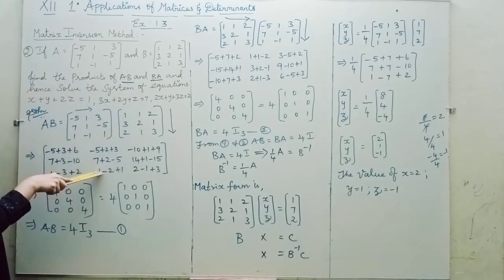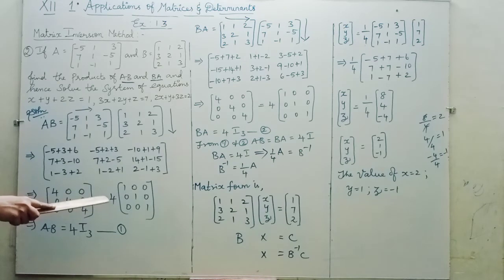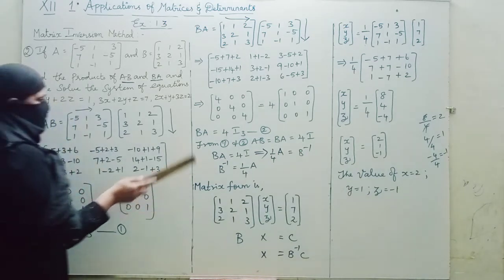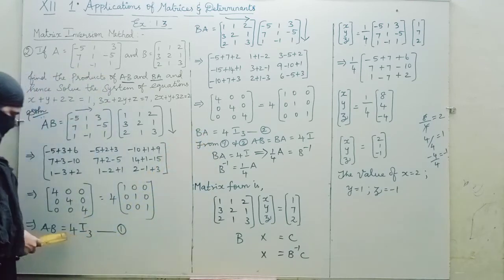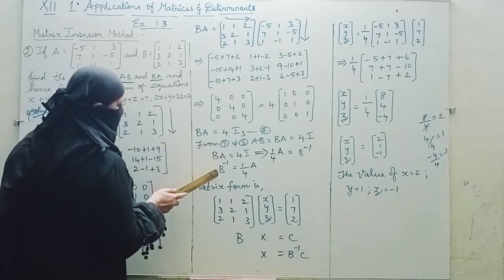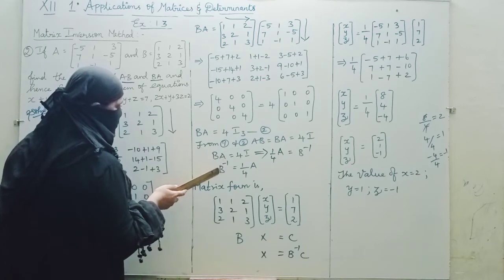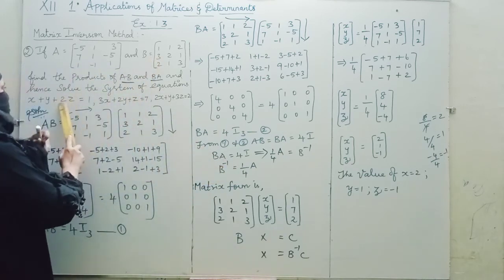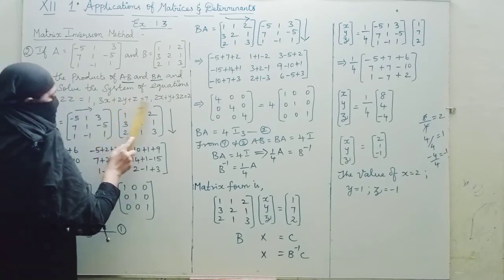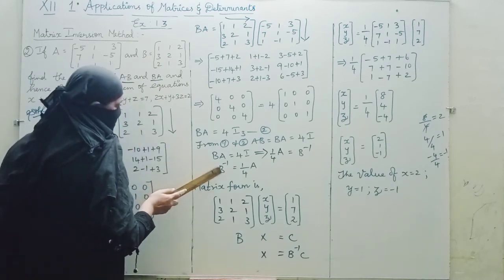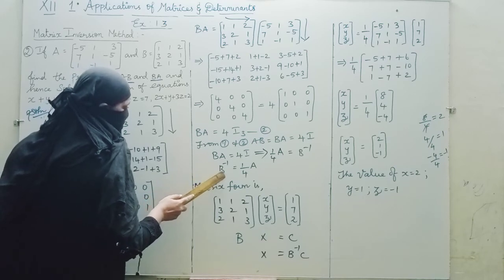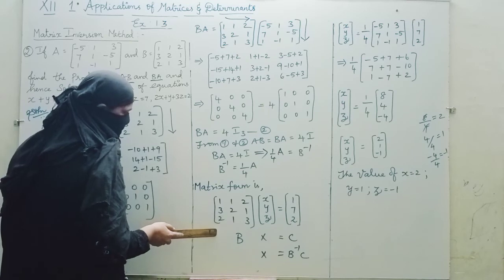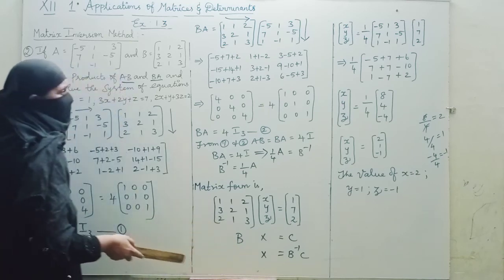Again we want to solve the system of equation by using the matrix inversion method. So you can take and write the matrix form. Before matrix form you can compare AB and BA. You will get like this. Find out the B inverse or A inverse, that is our wish only. B inverse you can find out because we have the B value. Here also B value is given. So you can take it as B inverse. No need to find out the A inverse. Find out the B inverse. After finding the B inverse you can write it in the matrix form. After finding the matrix form, apply the formula x equal to B inverse C.